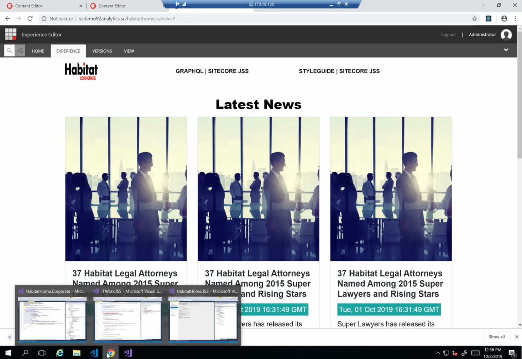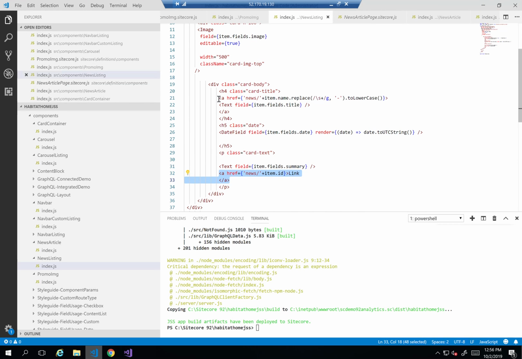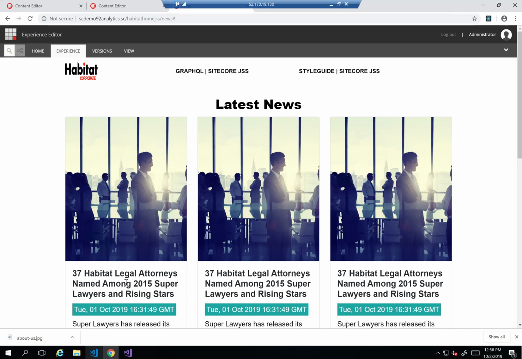So in order to do so, I did it in two ways. The first one would get the item.name and just replace any space with a dash, and then just does an href to news dash this. The second one is news dash item.id. So if you click on this one here,